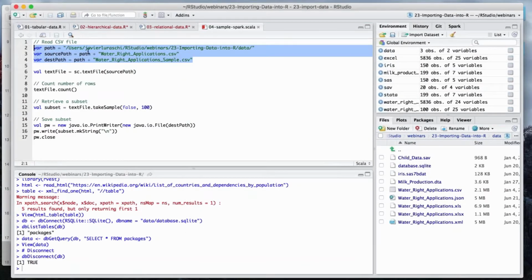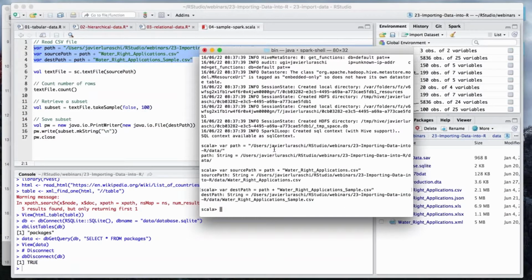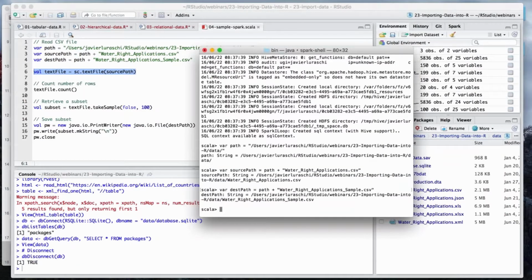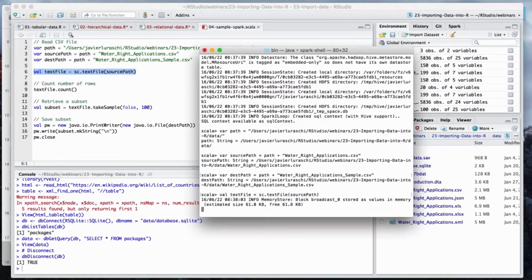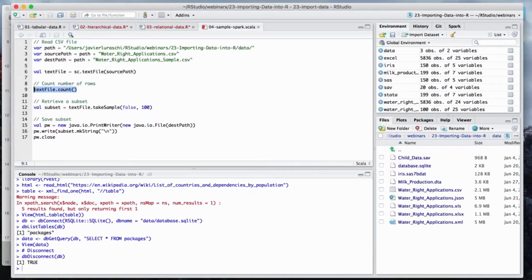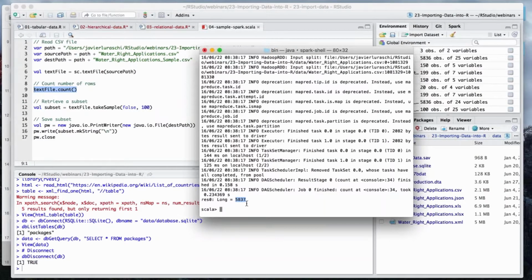So what you would do is you would find where your data is. Usually the data is in systems like Amazon S3 or HDFS. In this case, for this demo, it's just a local file. And then you would load that file using the distributed system. And we're still working against not R, but against a distributed system. In this case, it's Spark. Then you can do a couple of things, like just getting the number of rows. And here the interesting thing is, we are only looking at 5,000 rows,